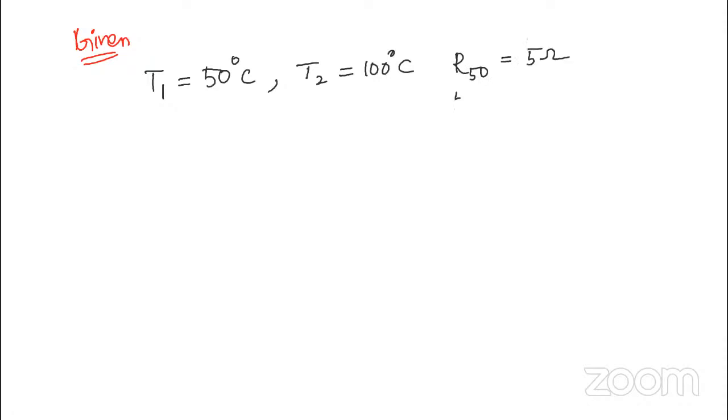And for the temperature T2, 100, it is equal to 7 ohms. They are given. Okay. So let us now use the formula, that is